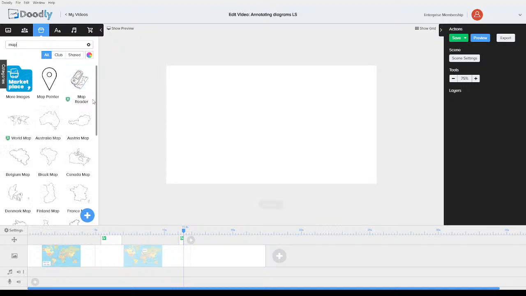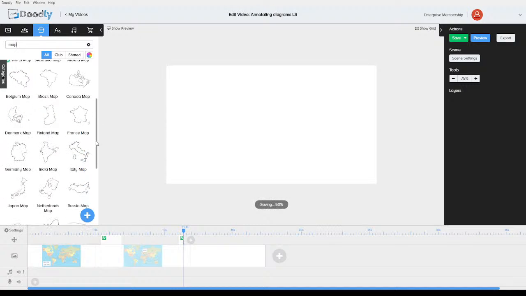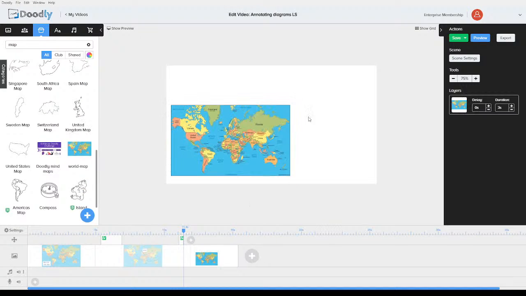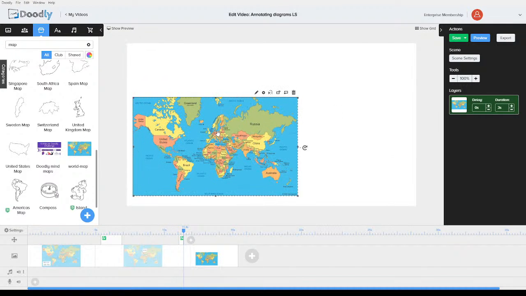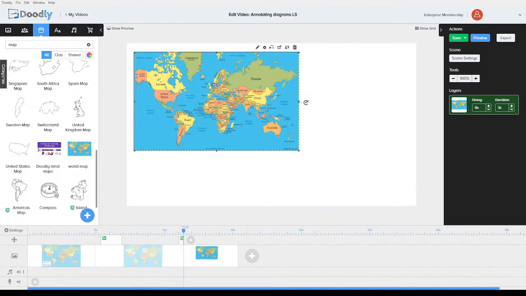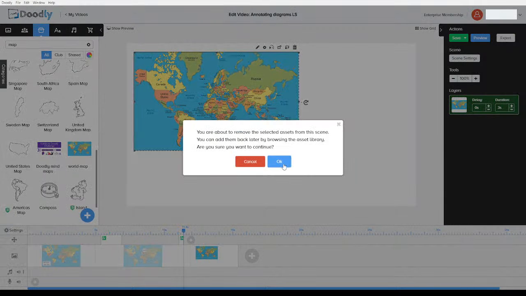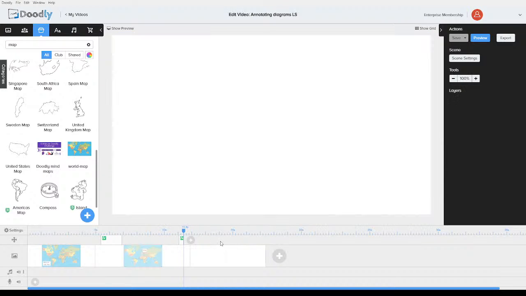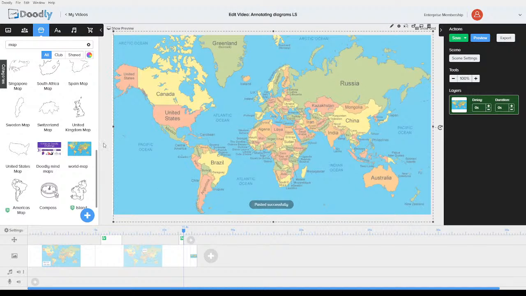It's a shame you can't do a favourite in Doodly, isn't it? How did that get less than 100? Actually, you know what? I'm going to delete it and I'm going to go back here and I'm going to copy it and I'm going to paste it and then it's in the same place. Excellent.